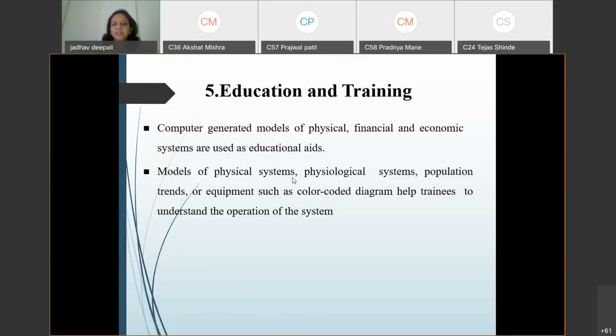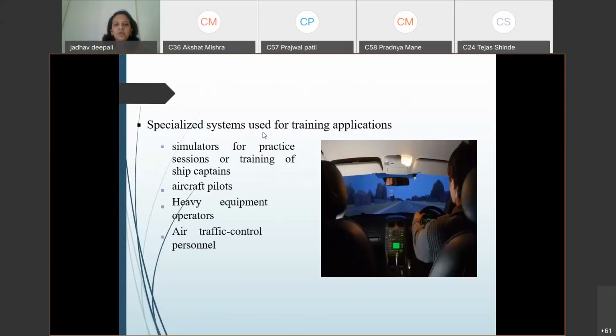Models of physical systems, psychological systems, population trends, or equipment such as color-coded diagrams help trainees understand the operation of the system. Examples are shown here. Specialized systems are used for training applications: simulators for practice sessions or training of ship captains, aircraft pilots, heavy equipment operators, air traffic control personnel.